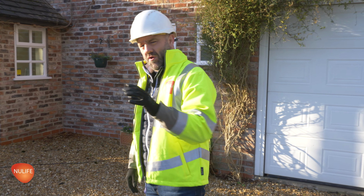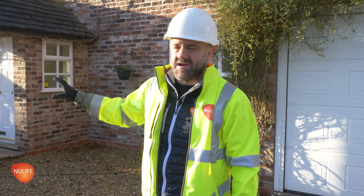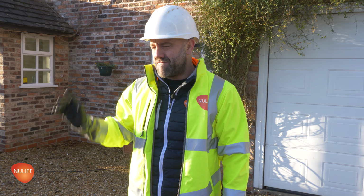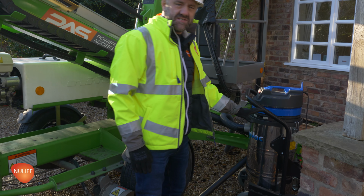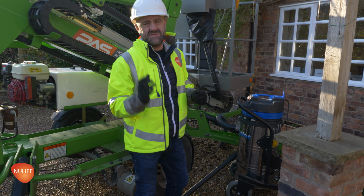So also, as one of the other tools that we have at this moment is the gutter vac, the SkyVac. So obviously when we've loosened all the moss, one of the things we want to make sure of for the client is that all the guttering is left clear and free running. So the gutter vac, SkyVac, is a triple motor system. We've got all the attachments, carbon poles, extremely light for use from a distance and to get to the full